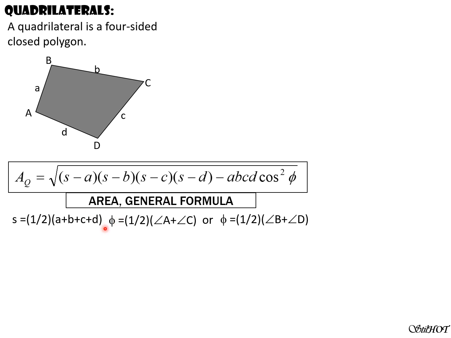So this is the definition of P. That's for S, half the perimeter. P is the average of opposite angles. So the area of